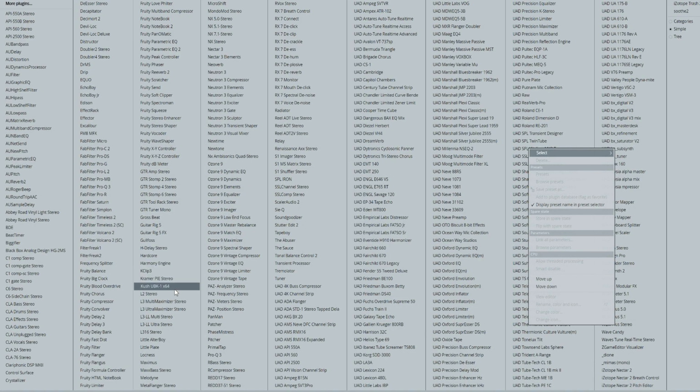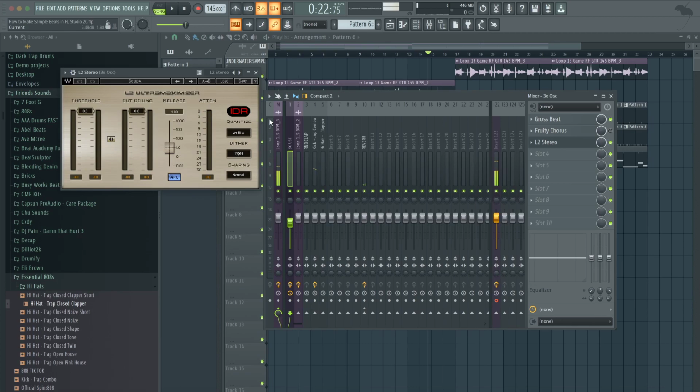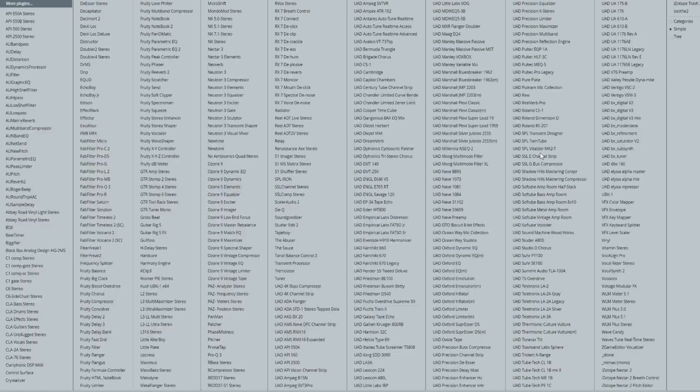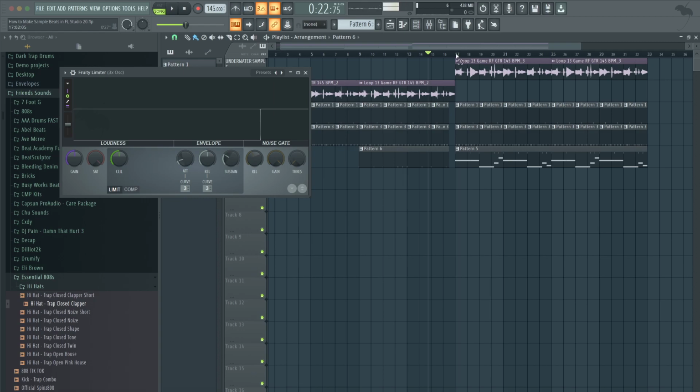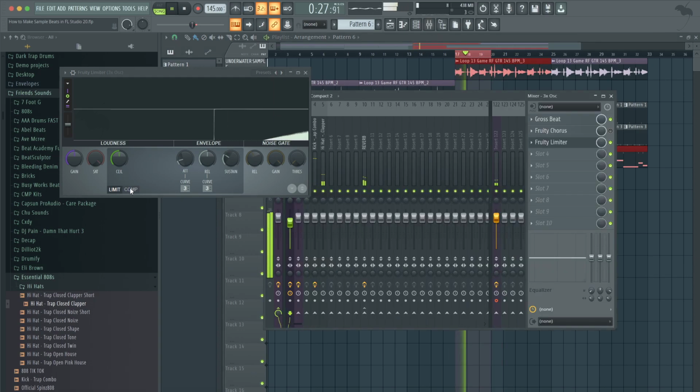Now I'm gonna add a plugin that's not in FL. Actually, let's use some FL stuff so I can kind of keep it to where everybody could use it. Let's use a limiter on this bass so it doesn't get too out of hand. This is why I said I don't want to get too deep into mixing, because then I'll spend another hour on mixing alone. But we want to limit this bass.